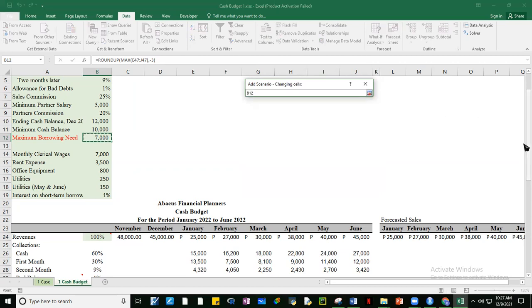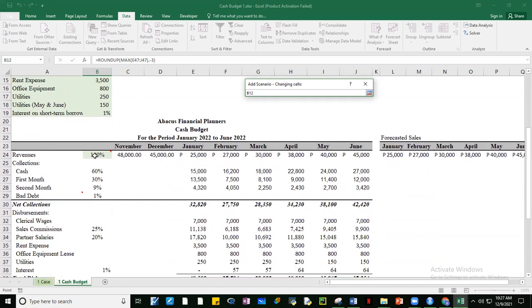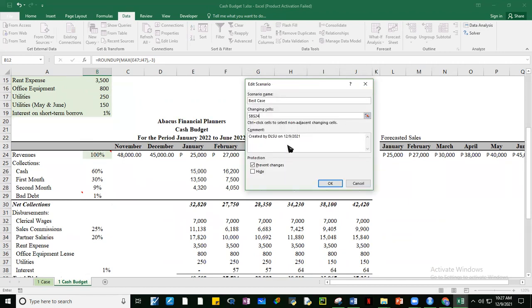Saan siya nakalink, guys? Diba dito? Here. B24. This is what I was telling you a while ago. Tapos, comment. Pwede natin tanggalin yung comment na yan. Gusto nyo lagyan ng comment. Pwede natin lagay na best case scenario